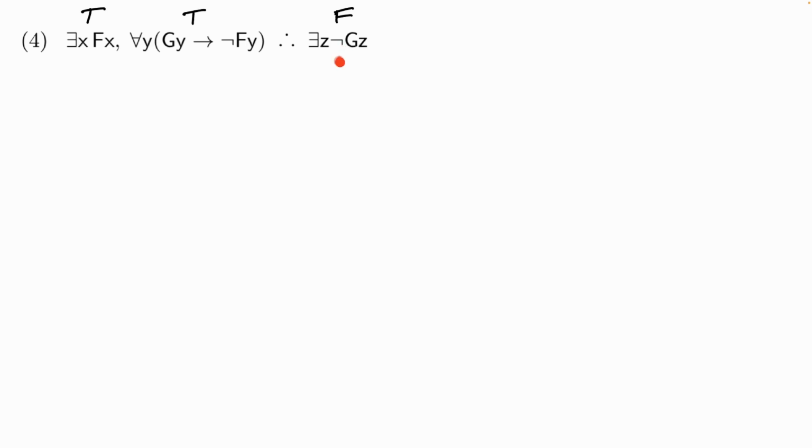Let's aim for making this conclusion false first. The conclusion says there is a z such that not gz. So the conclusion is saying there is something that fails to be g. For that to be false, nothing can fail to be g. In other words, everything has to be g. So to make a valuation where the conclusion is false, we need to have a domain that's got at least one thing in it. Let's say we put the number 1 into our domain,